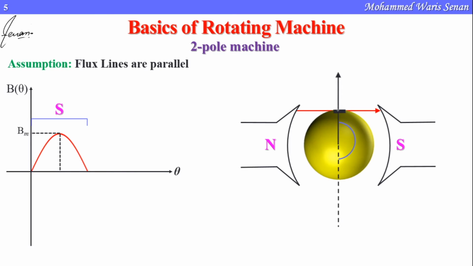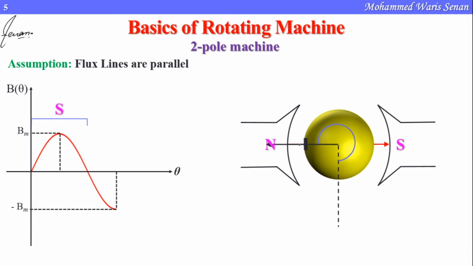Okay. Now let us move on and rotate this rotor once again by an angle of 90 degree. Now, if you rotate the rotor by another 90 degree, this theta comes out to be 270 degrees. Again, let us calculate the value of Bn by both formulas, by sin as well as cos. So Bm sin of 270 degree. Sin 270 degree is minus 1, so it will be minus Bm, meaning negative maximum value.